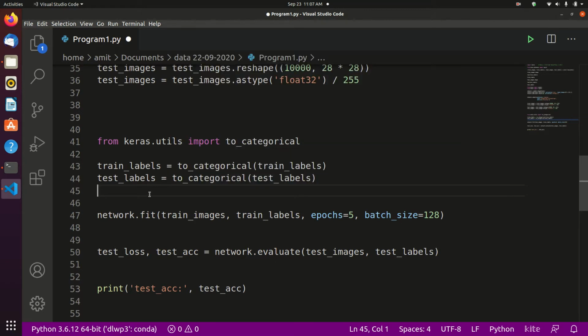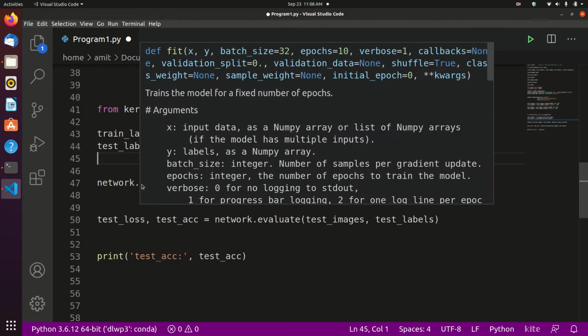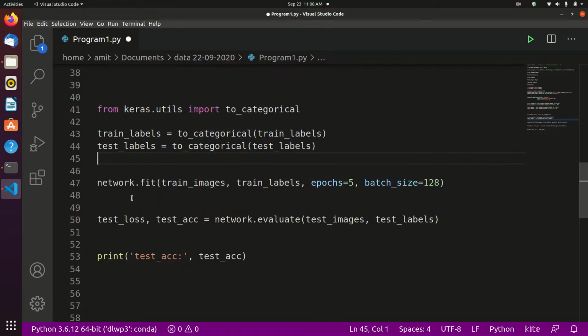In Keras, training is done by a call to network.fit. So we ready the network for training by using fit. Give it the train images, train labels, the epochs you define, and batch size of 128.